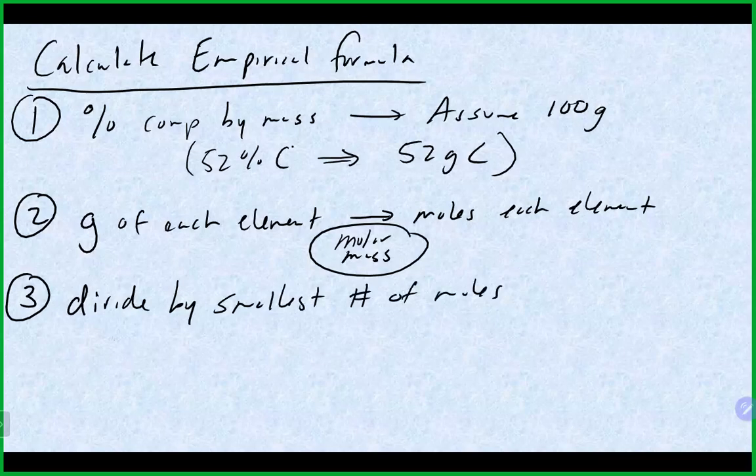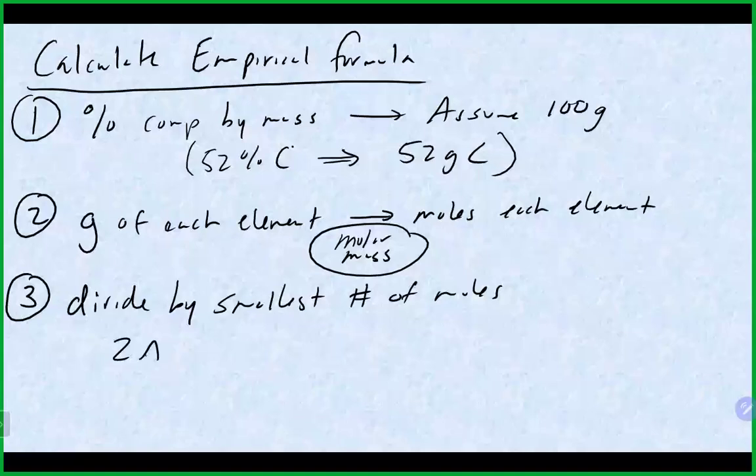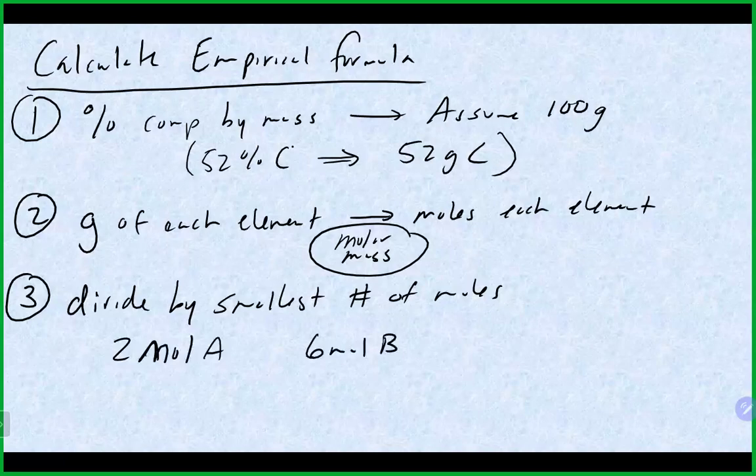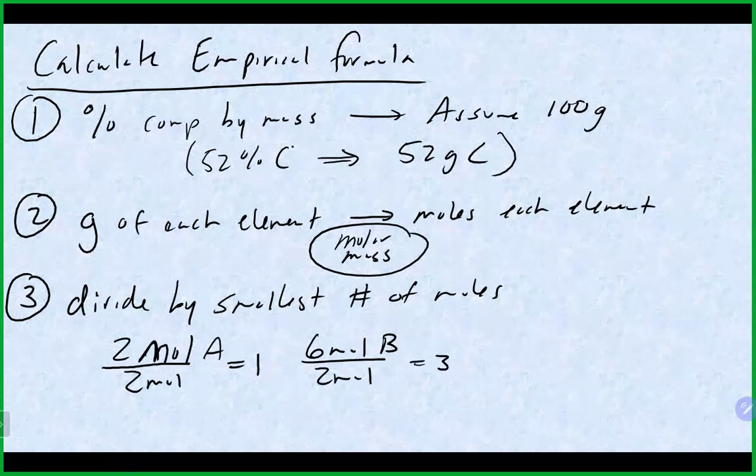So again, for example, if after step number 2 you ended up with 2 moles of A and 6 moles of B, here 2 moles is the smallest number, so you would divide both of these by the 2 moles. That would give you 1 for A, and in this case, 3 for B. And if you hit whole numbers at this point, that would represent your empirical formula. So if you hit whole numbers, or are pretty darn close to whole numbers, maybe just under or just over 3, like 2.98, 2.99, 3.01 or 3.02,